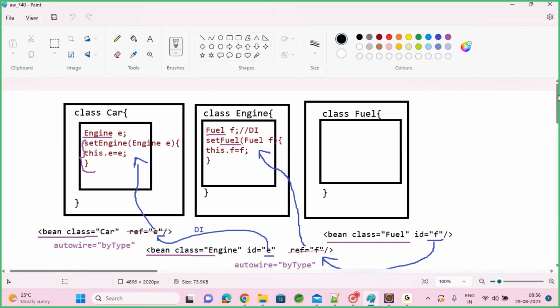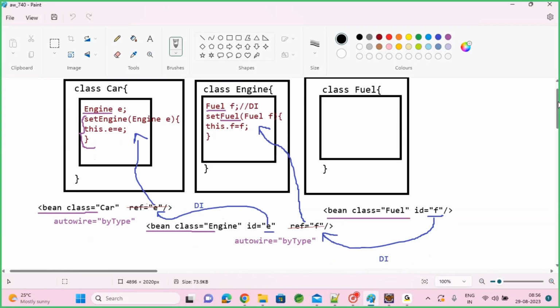So we started with auto wiring, and what we are learning from this concept is, while doing dependency injection of a class into another class. Earlier we used to use the reference tag manually, we used to inject that. Now we are avoiding it by using auto wire. So when I use this auto wire, instead of you, the developer, doing this job,